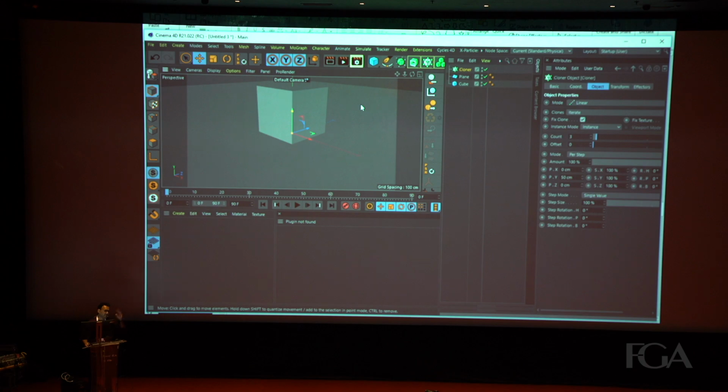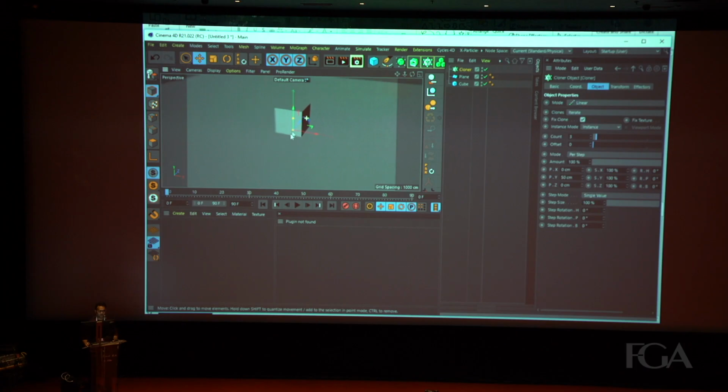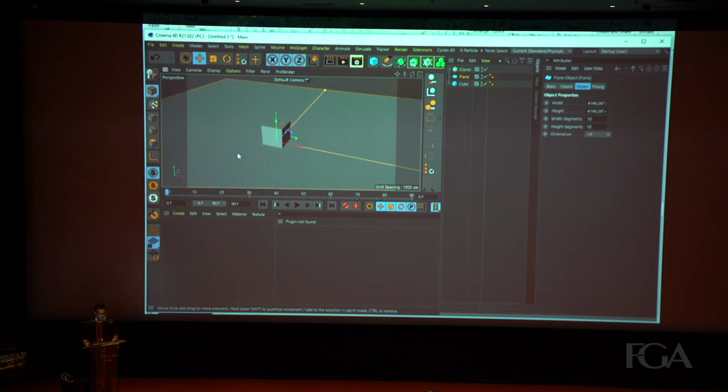The reason I jumped into C4D was the cloner, the first time when I jumped in. And I still remember lots of my colleagues were like, don't leave 3D Studio Max and this and this. I said, no man, this is the thing that I was waiting for, I would say.